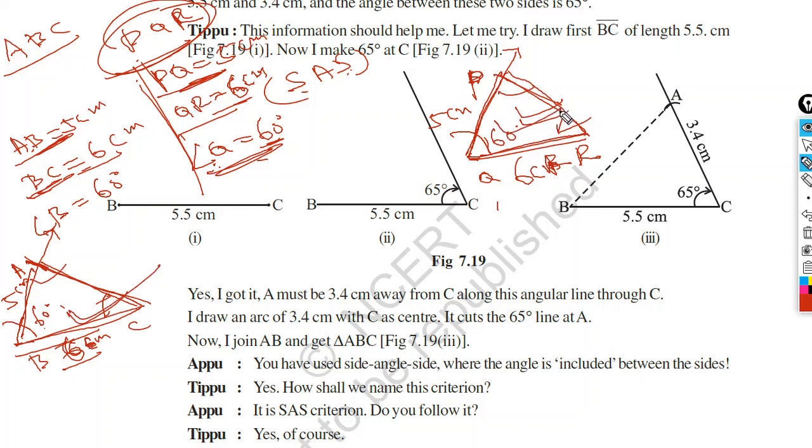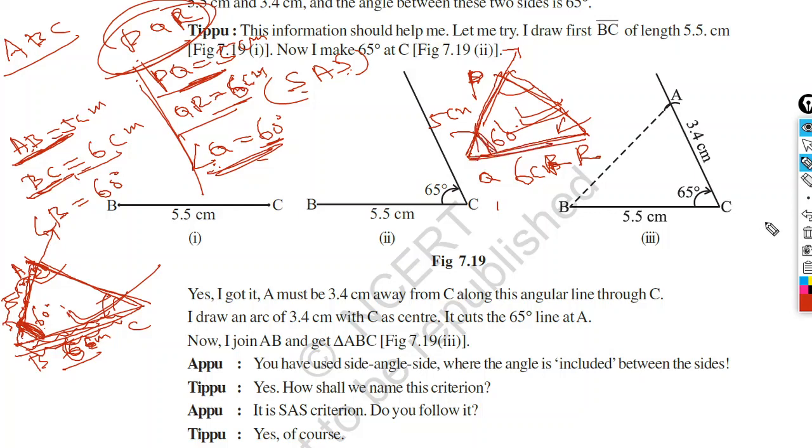What we have taken in the first: one side AB, then one angle, then BC. If you look at the figure, AB and BC we have taken, that means two sides, and the angle is included in between. We are not taking angle A or angle C, we are taking the angle that is included between AB and BC. Here also the same, PQ and QR and the included angle.